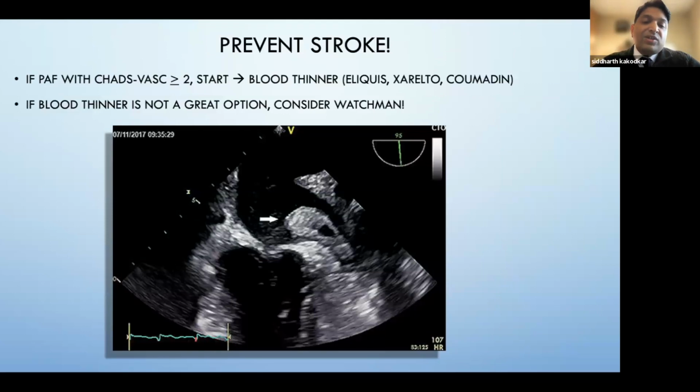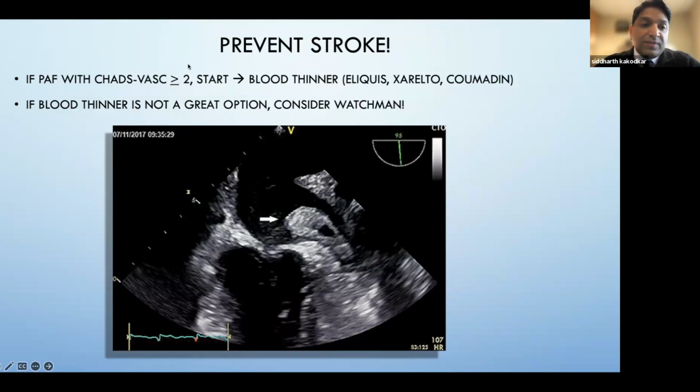Now, this is a picture of the heart under ultrasound, and this is called the left atrial appendage. This huge blob in the left atrial appendage is called a thrombus. This is a clot that forms in the heart when you're in AFib, because when you're in AFib, the top chambers are no longer actively contracting and pushing that blood forward. Blood can just sit in this pocket here called the appendage and turn into a clot. This is what breaks off and turns into a stroke. So if you have a CHADS-VASc score of 2 or greater, you should start a blood thinner, which are usually